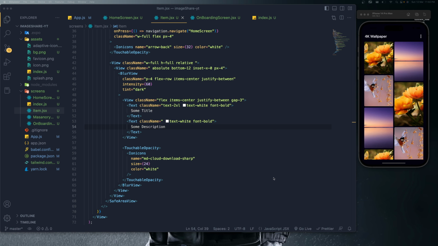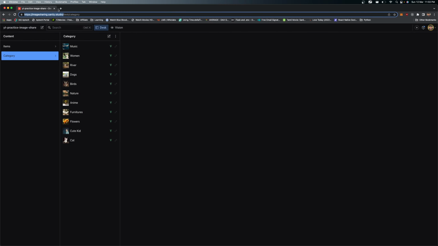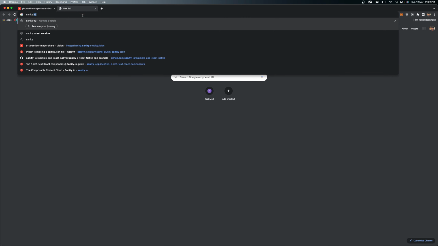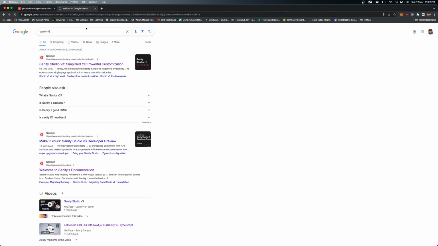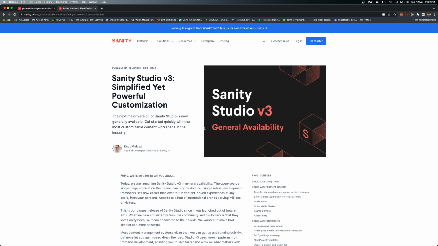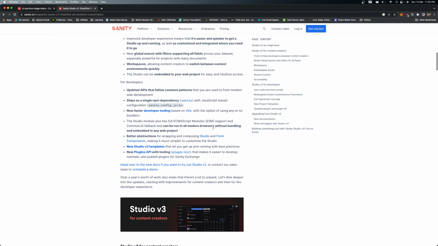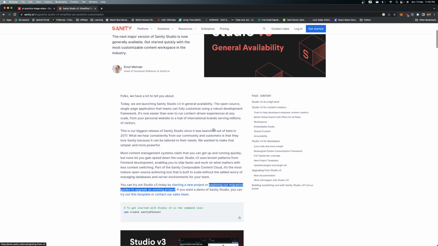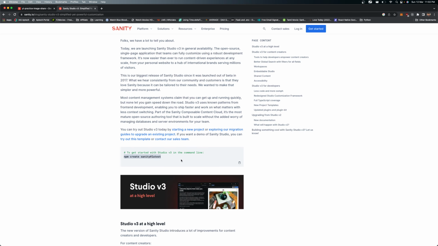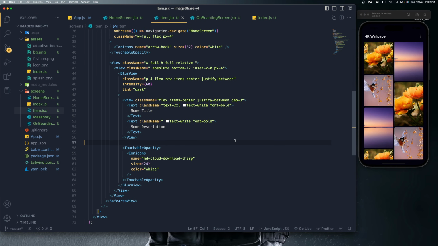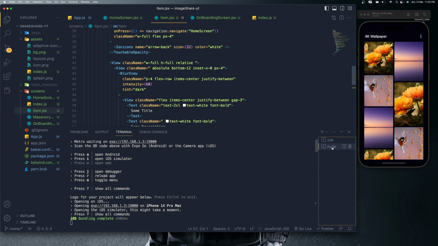All right, guys, so now go to your browser and search for Sanity version 3. Since we are going to use Sanity version 3, you can see it's the latest version, and you can find this documentation over here. Click this and you can see how to use Sanity version 3 and what the difference is between Sanity 2 and version 3. Please go through this complete article, and this is the command that we need to execute in our terminal. Let me copy it and get back to Visual Studio Code and go to the new